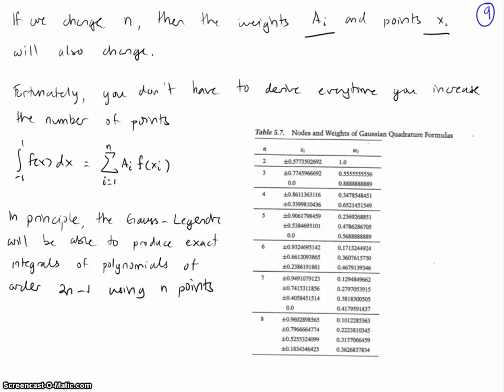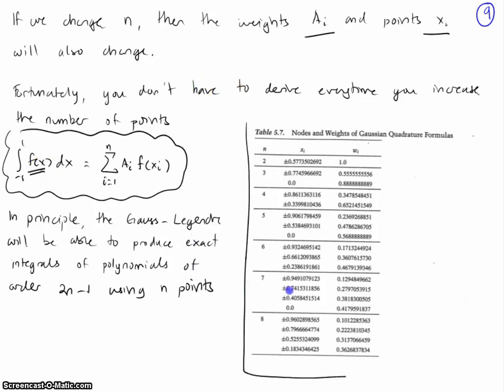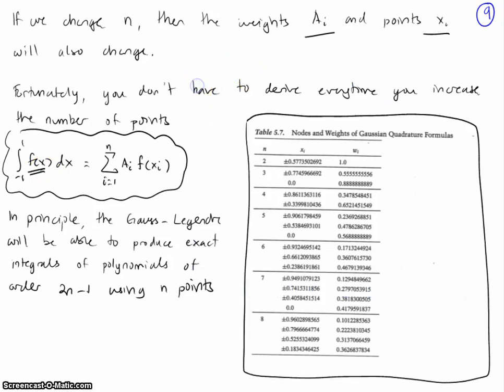Fortunately for you, if you want to use Gauss quadrature, i.e. if you want to evaluate this particular integral for any given function f(x) here, someone else has actually done the derivation for you, and these are usually available in a lot of the mathematical handbooks out there. Okay, so this table here is the table of Gauss weights and Gauss points. So Gauss weights refer to the coefficient ai here. Some tables will use wi, but for our unit, we call it ai. And xi represents your Gauss points. Okay, so although in principle the Gauss Legendre